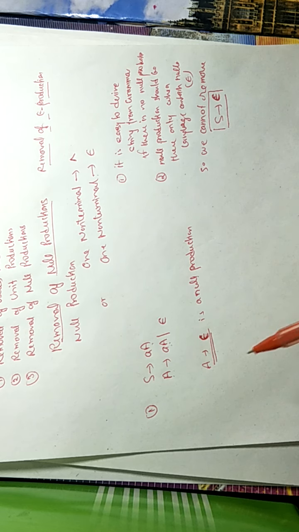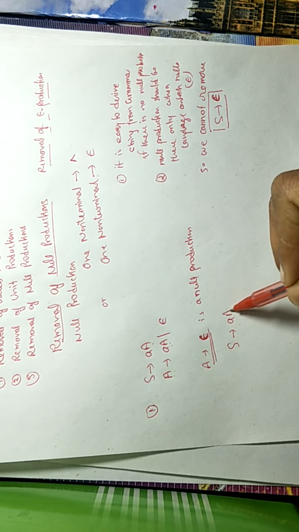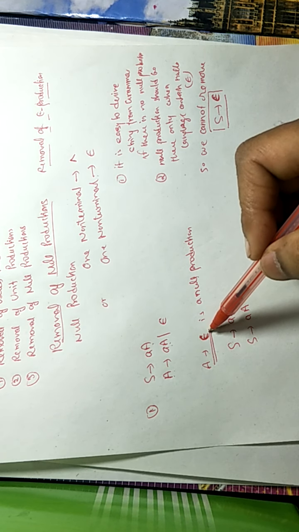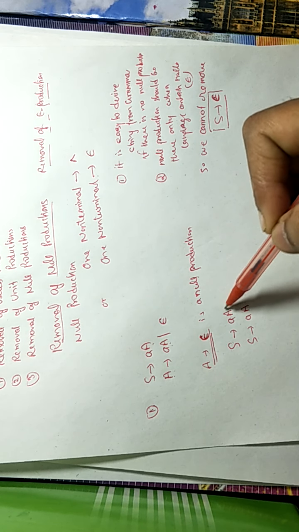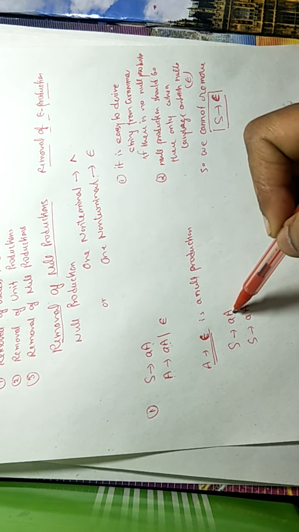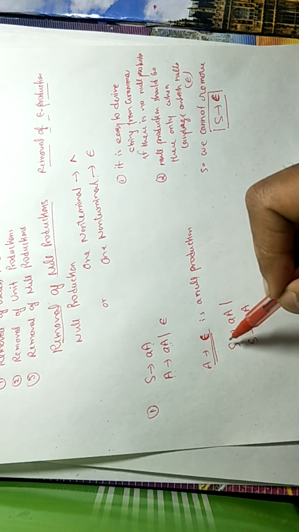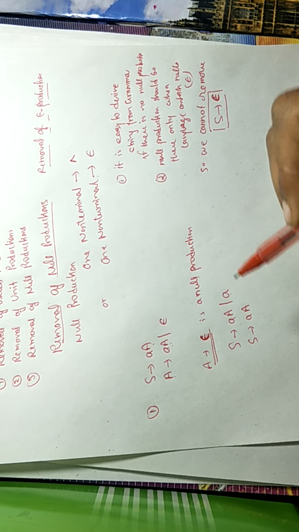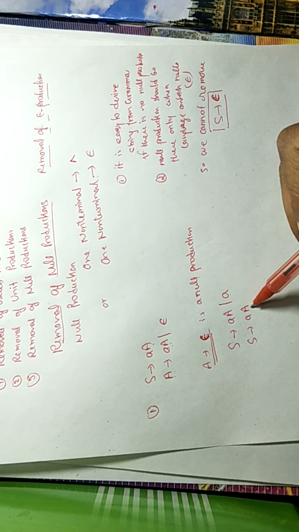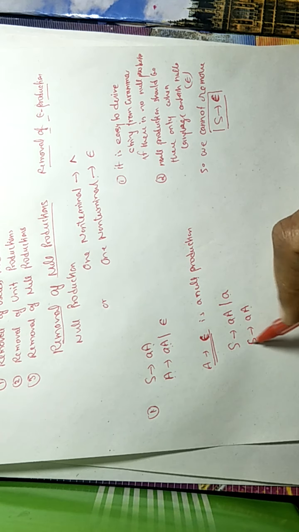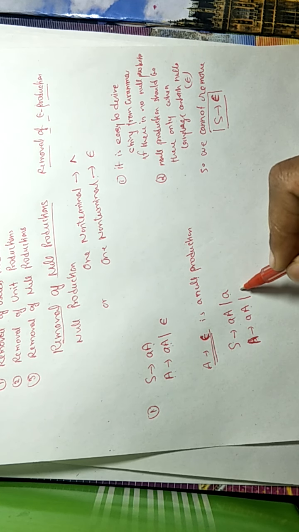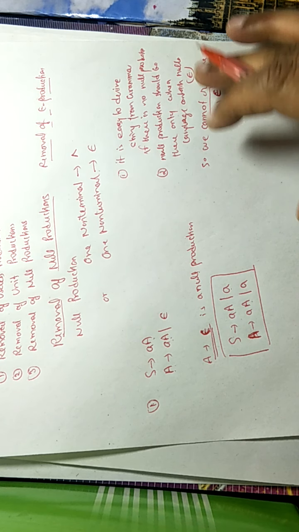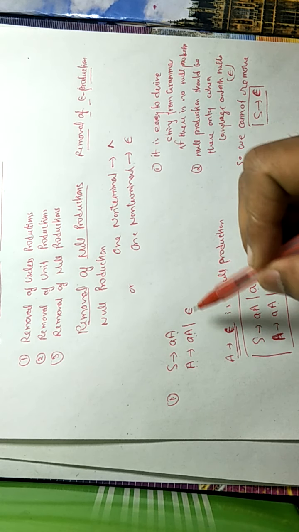So what we need to do, we need to write the grammar as it is first, then we need to look where it is used. It is used here. If we put epsilon here, we can get S tends to small a. So we need to add S tends to a here, because it should be there as part of the language. A tends to epsilon is used here, so we can get A tends to a. So this will be the new grammar, and the language is the same. Let us observe how the language is the same.